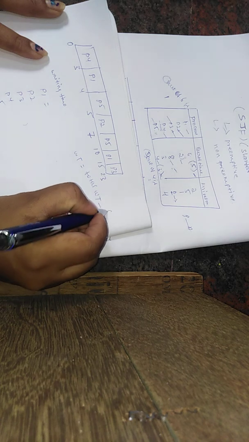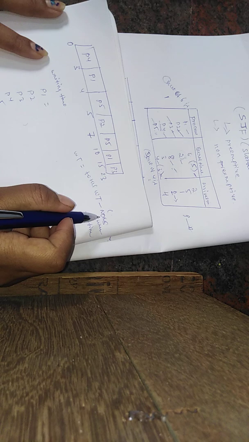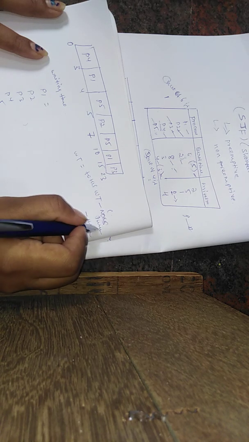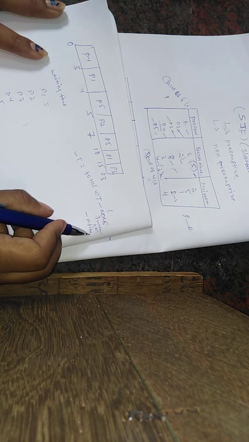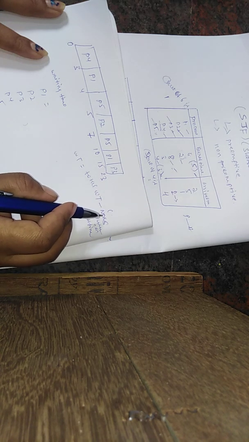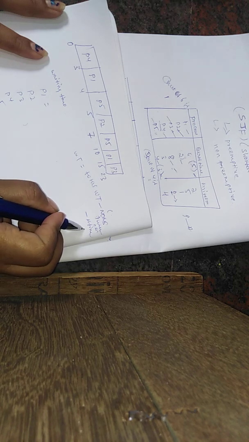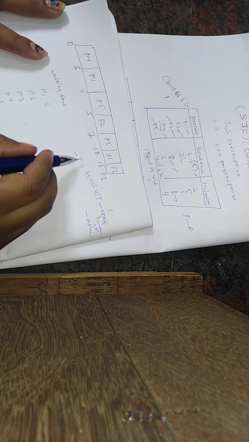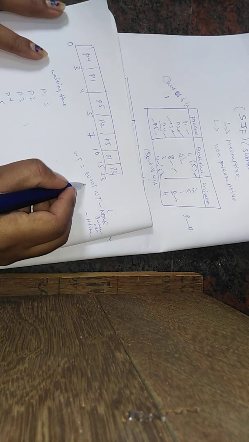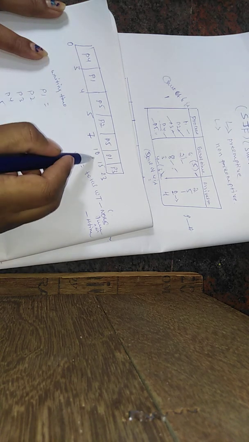It means how much time we can take on. This one we can show the number of millisecond process execution. Number of millisecond process execution minus arrival time. Waiting time is equal to total waiting time minus number of millisecond process execution minus arrival time. This one is the formula of your preemptive algorithm. I will take a total waiting time. What is the total waiting time? This one is the total waiting time.